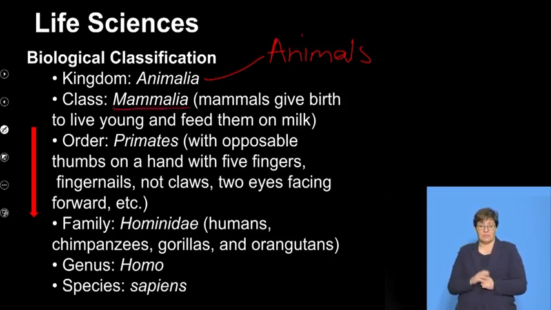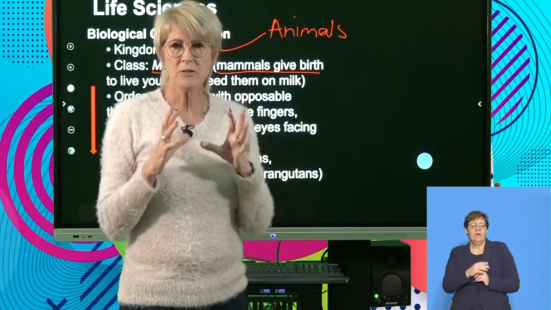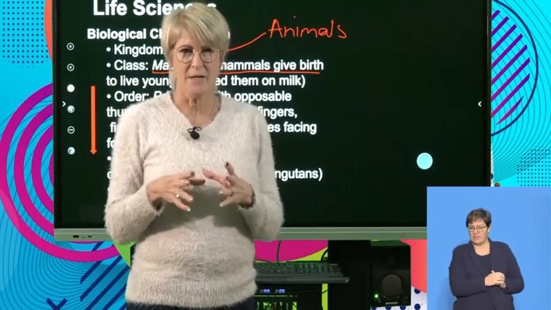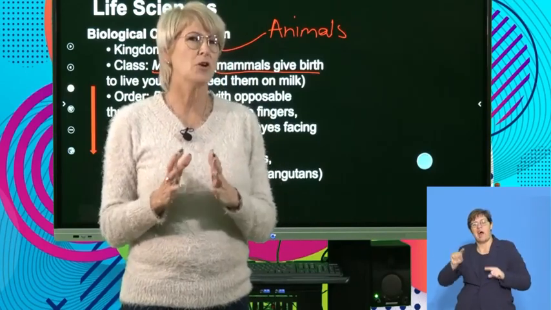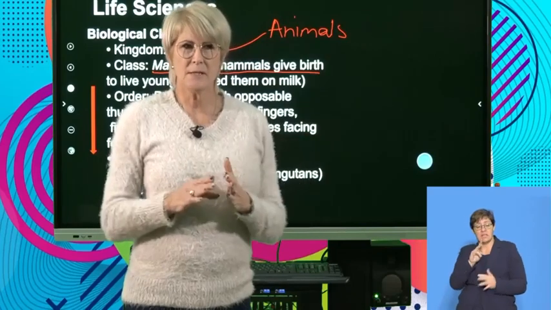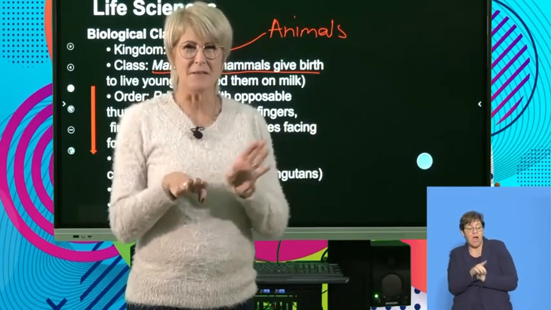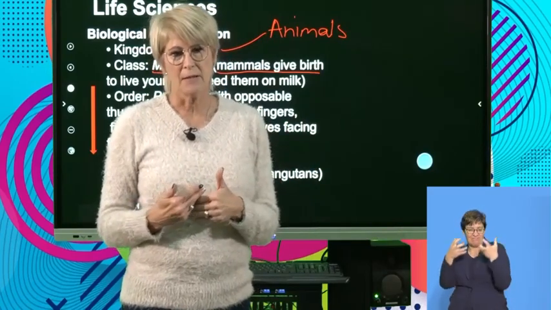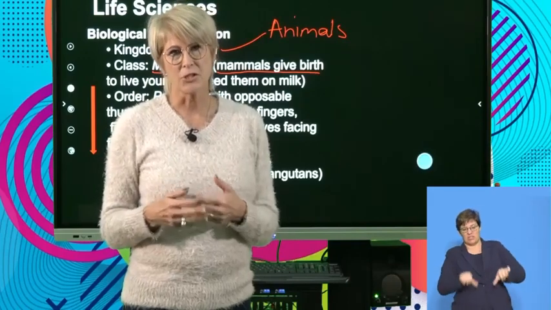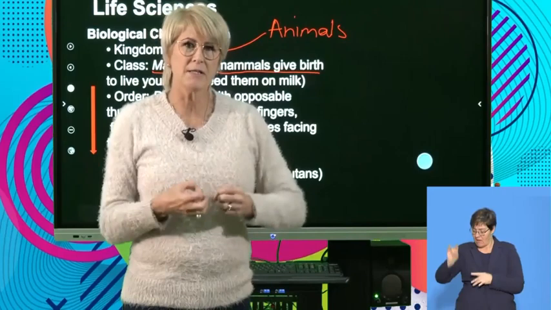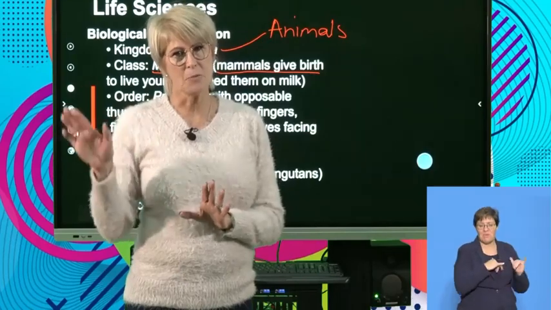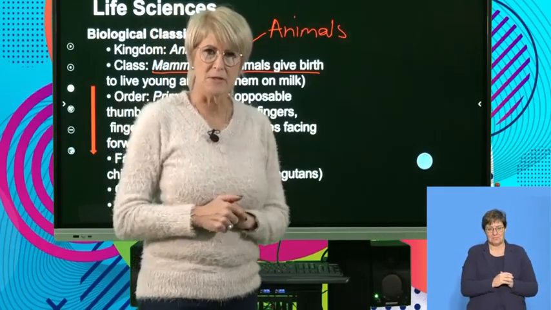Very important to remember is that mammals have certain characteristics. And this is how we classify. We have a look at an organism and we see what characteristics they have and what characteristics they have in common with other organisms. And when we see that they have common characteristics, we can then classify them into a specific group. That's basically how scientists, biologists, actually classify organisms, especially if they find a new species. Then they have a look to see what characteristics it has in common with others, and then they place it into a specific category.